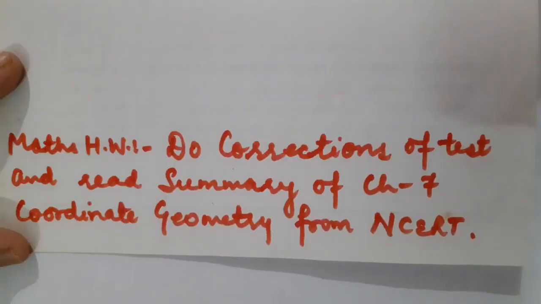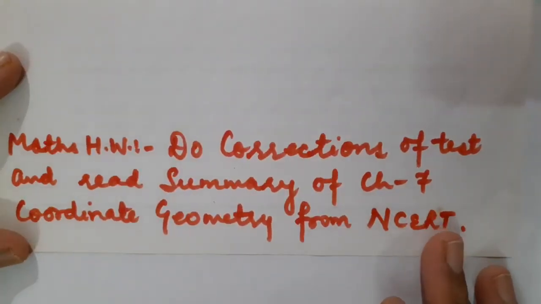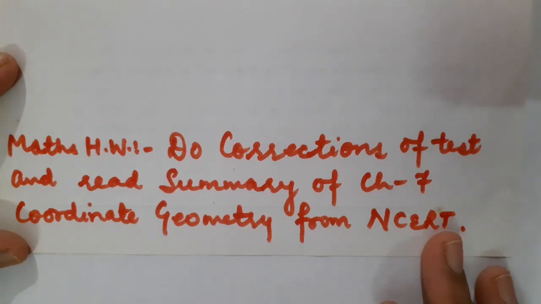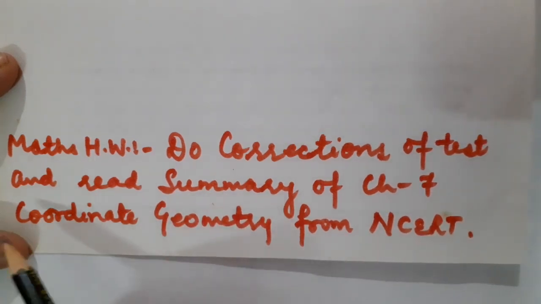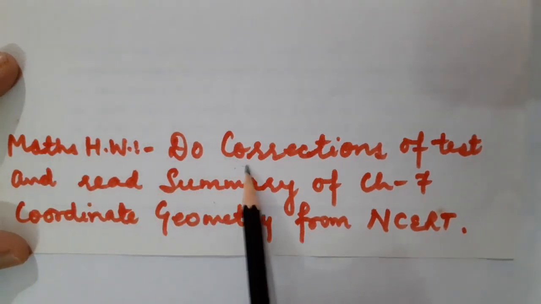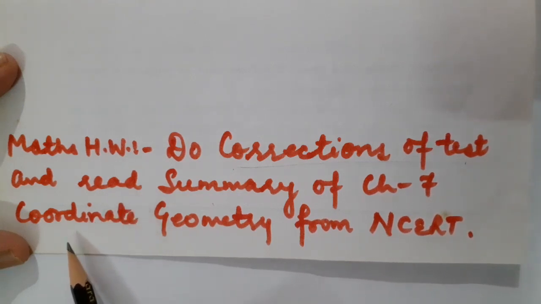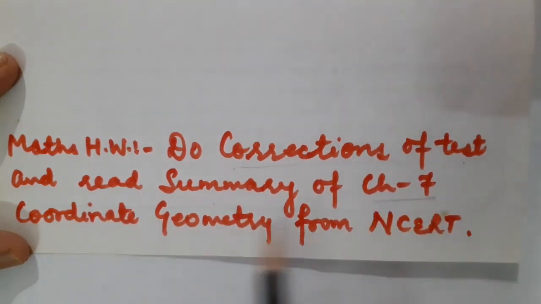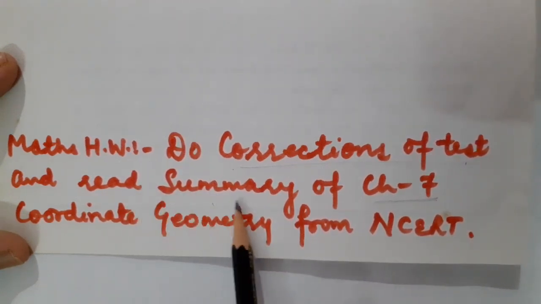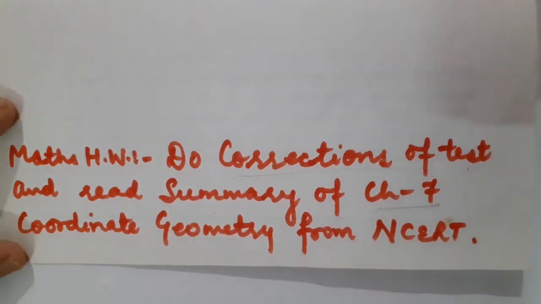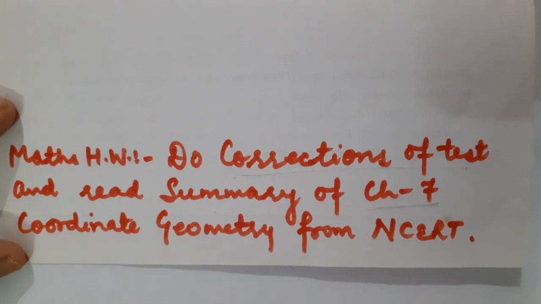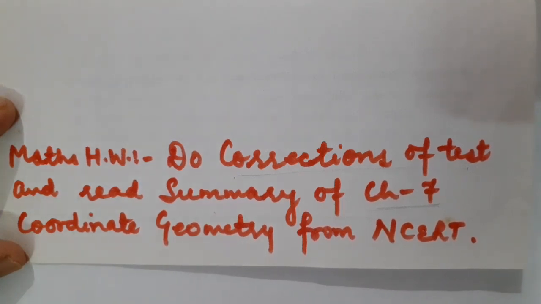Fine, students? Hope you may have done very well in your test. So suppose if you have committed few errors, then children, you are supposed to do the corrections, because now I have discussed each and every question of the test with you. So what is your mathematics homework? Your homework is you have to just do the corrections of the test, and along with it, children, in next lecture I am going to start with a new chapter, that is chapter number 7, coordinate geometry. You have to just read the summary of this chapter number 7 from NCERT 2 times. Fine, students? And children, after correcting your paper, please do not forget to paste them in your homework notebook.